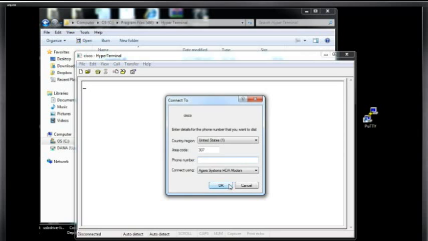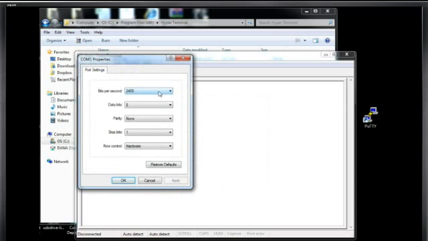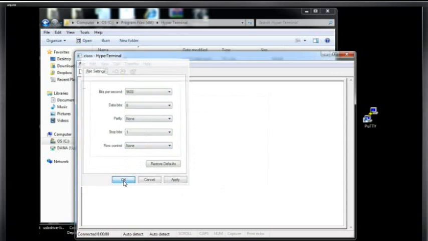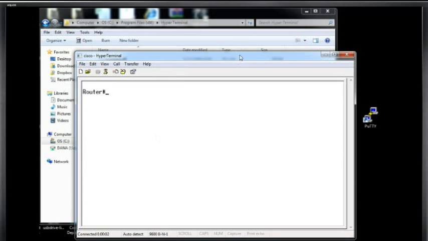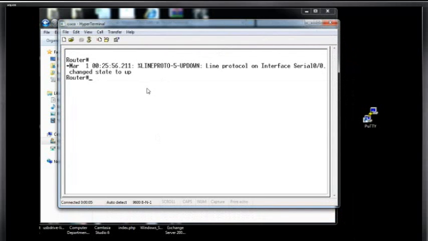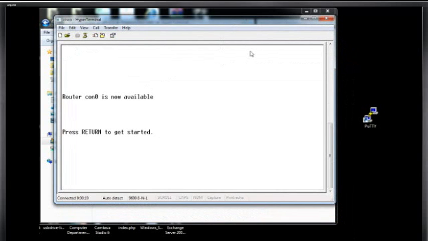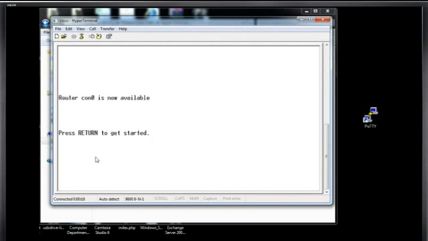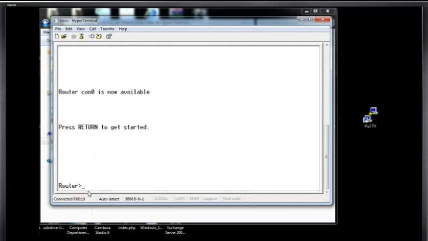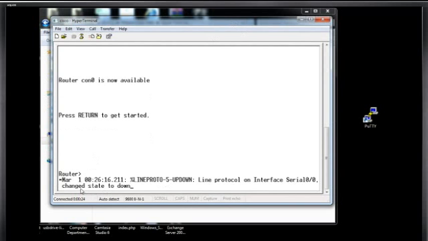type in here, new connection, change it to COM1, communication 1, put in our correct settings, and click OK and hit enter. Alright, and when you first get in here, it's actually going to look like this. When you first console in physically to an actual router, you should get this. As soon as you hit enter, you're given a user exec prompt. This is the user mode prompt,